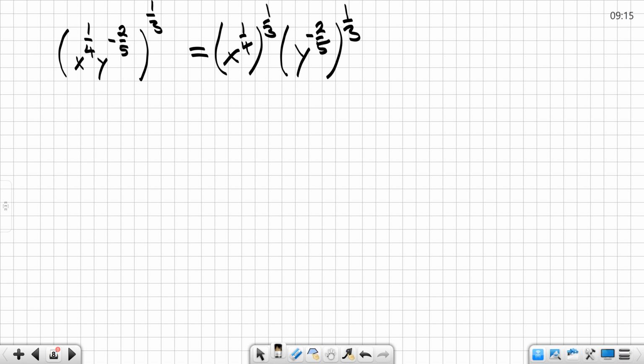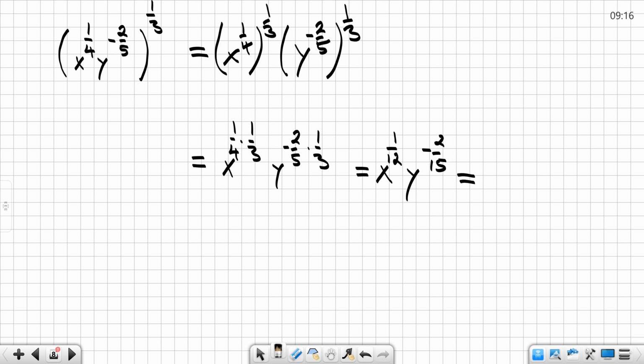So both factors are being raised to the 1/3. Now my rule said for this that I had to multiply the exponents. I have a negative 2/5 and I multiply it with 1/3. And what I get when I multiply these fractions out, I get 1/4 times 1/3 is 1/12. y raised to the negative 2/5 times 1/3, that is a negative